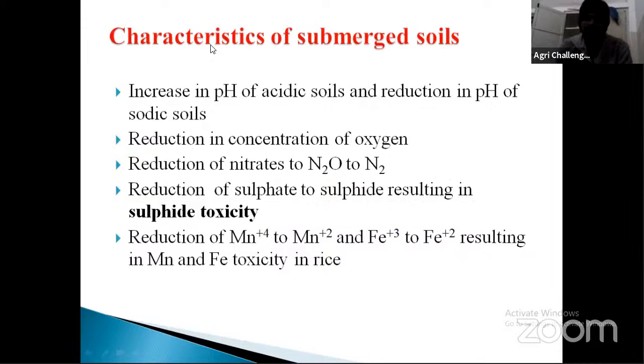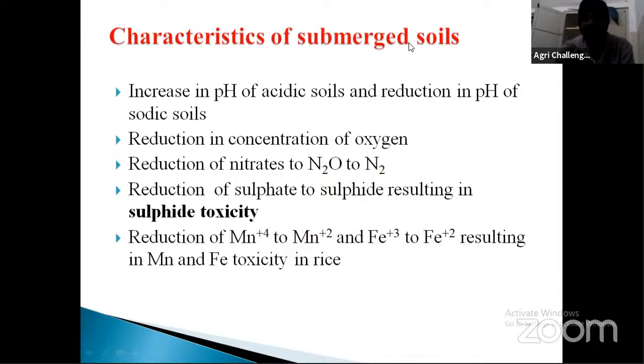Here two types of rice are there. One is lowland varieties, the other upland varieties. Upland varieties means growing rice just like a wheat crop, but lowland means growing of rice in submerged soils. Submerged soils are nothing but flooded soils. सबमर्ज्ड सॉइल्स में हमेशा पानी रहता है और उसमें ऑक्सीजन नहीं रहता है।